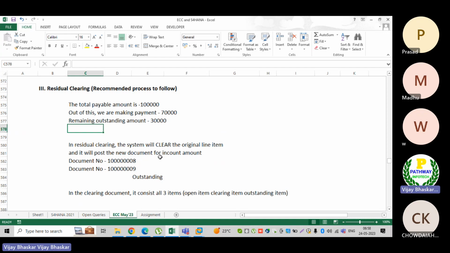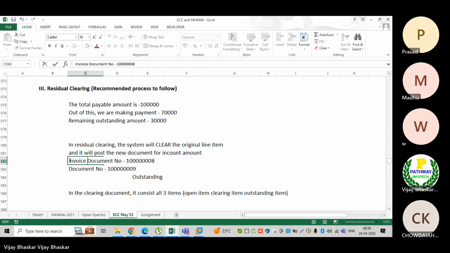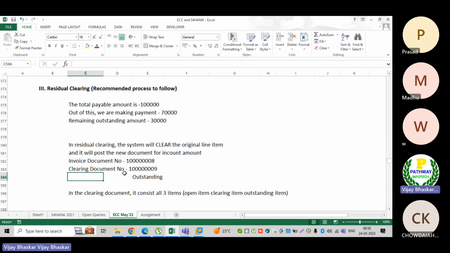Okay. Then, in this case, what will happen? The original invoice document and the clearing document will both be cleared.